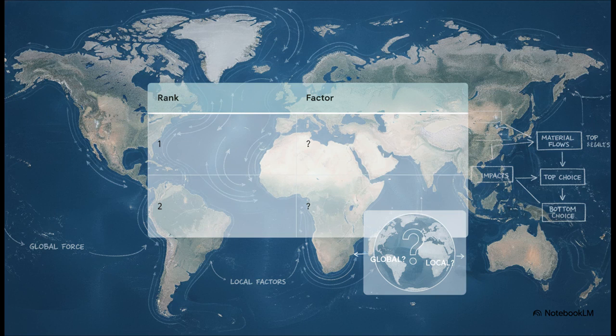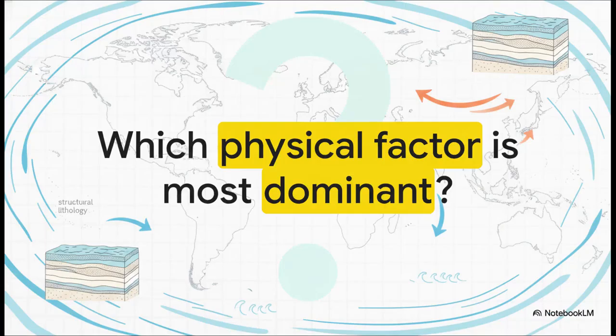I highly encourage you to try a quick thought experiment. If you had to rank these influences from 1 to 7, what goes in the number 1 spot? Don't just pick a random factor, you have to justify it. Think about whether a massive global force, like an ocean current, always dictates the landscape, or if immediate local factors take over. So, as you wrap up your notes from this explainer, I want to leave you with this final